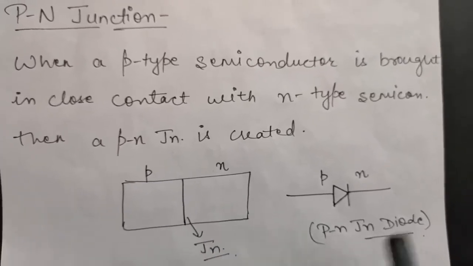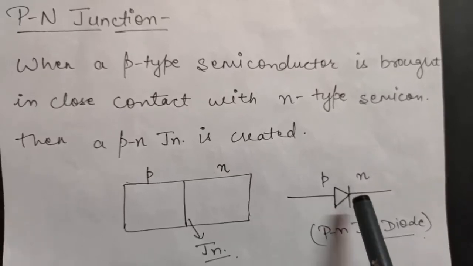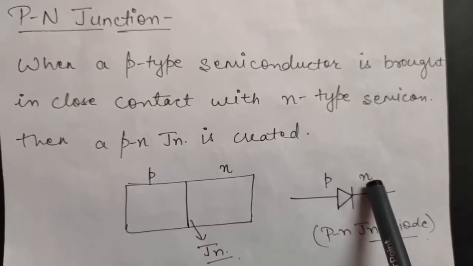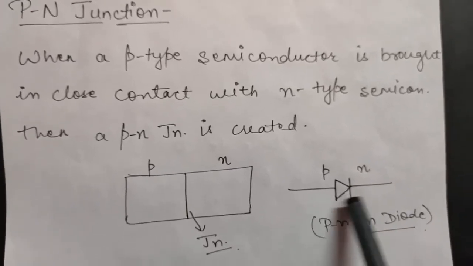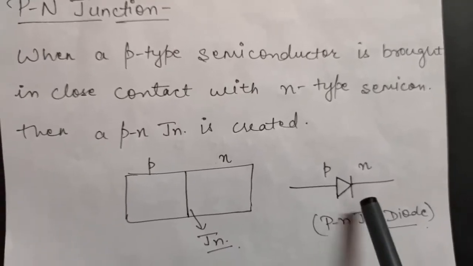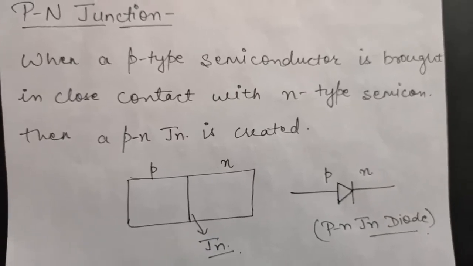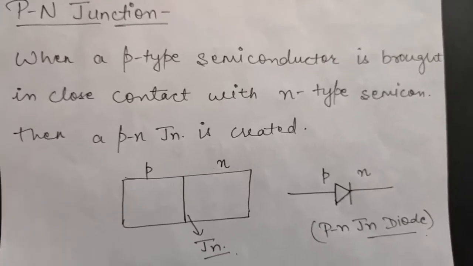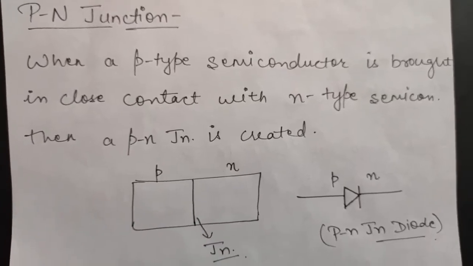Okay, and simply it can be drawn like this, a triangle and a single line like this. So this side is called p-type and this side is called n-type, and it is a p-n junction diode. It is a symbol which is used to represent p-n junction diode in circuits. Okay, so it is much easier to denote than this one. Okay, so now this was about what a p-n junction is. Now how we form it, that is how we can bring p and n-type semiconductors very close to each other.